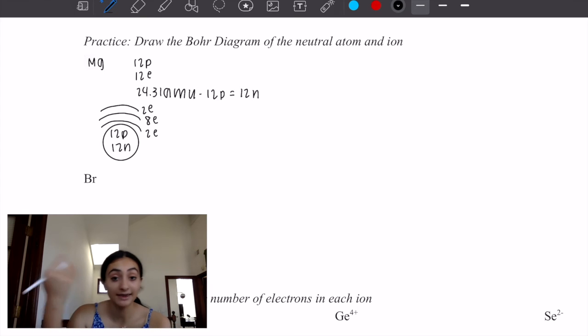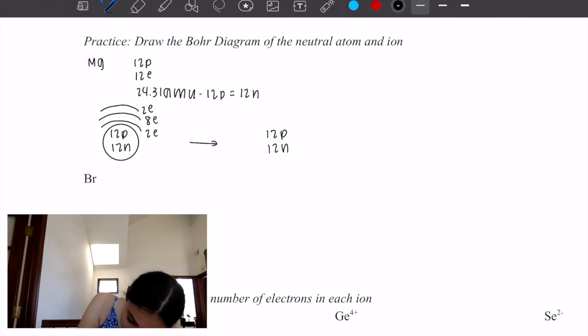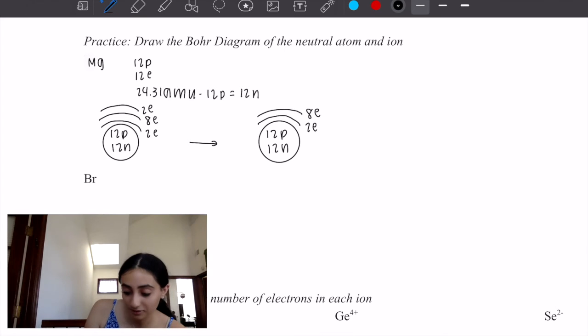It can either gain 6 electrons or lose 2. And it's obviously much easier to lose 2. So this is the neutral version. We are now going to show the ion with 12 protons, 12 neutrons, 2 electrons here, 8 electrons here, and the 3rd valence shell is gone because there's nothing in it. Obviously, those shells exist, but because there are no electrons in them, in the ion of magnesium, we don't need